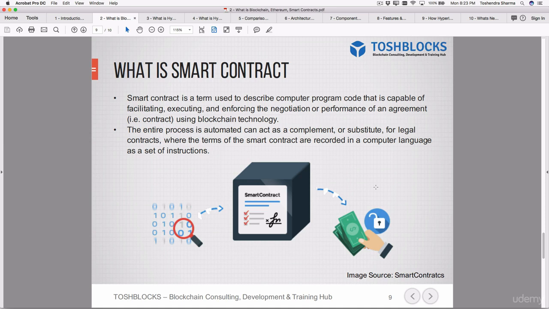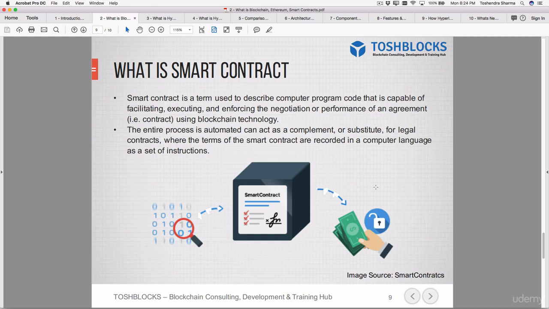A smart contract can allow you to put conditions, loops, and whatever you want, if else conditions, do while, for loops on the transactions. So any transaction you can compute and execute based on certain conditions. That's how you can implement a lot of business logic on the blockchain platform.